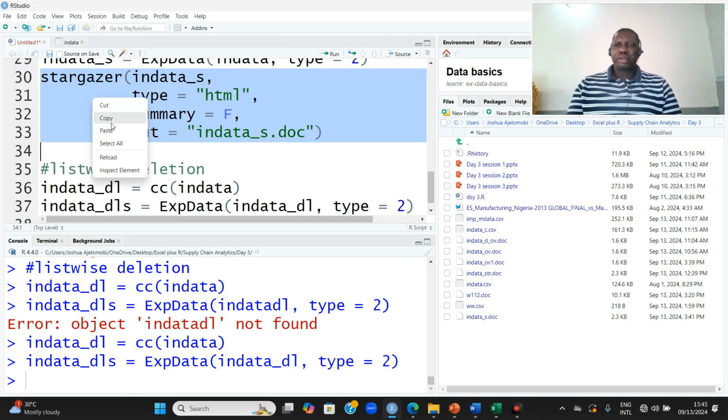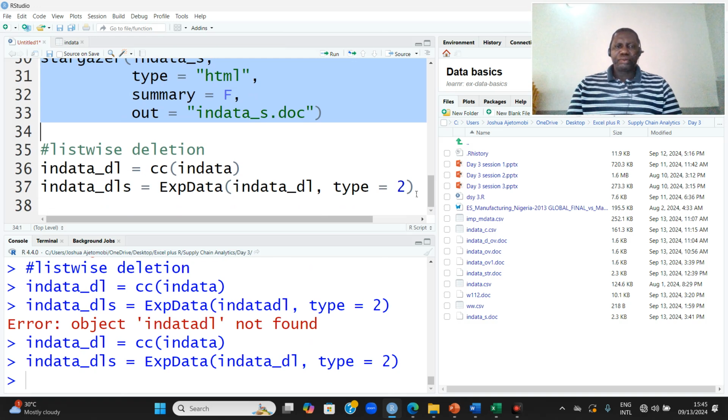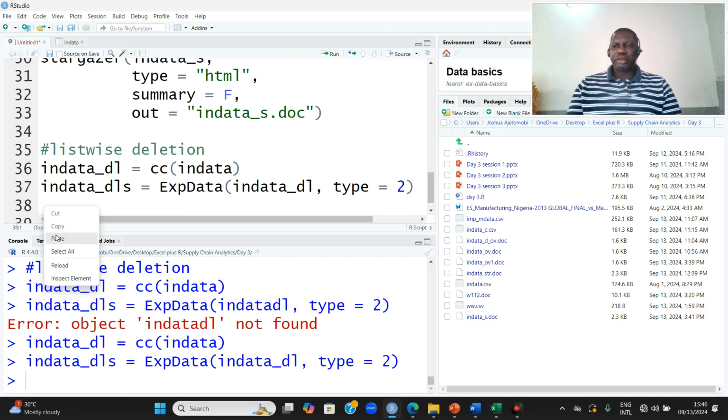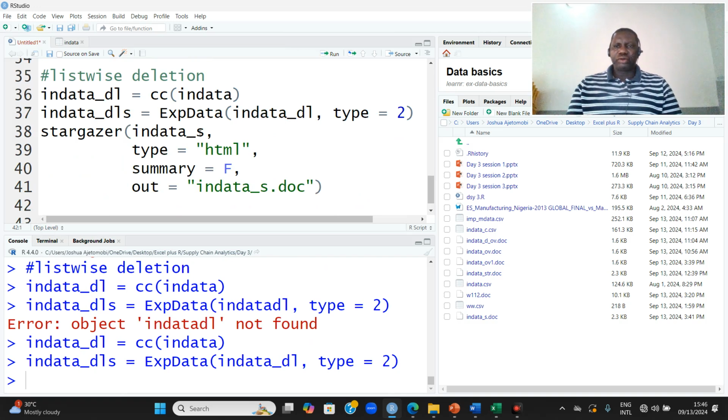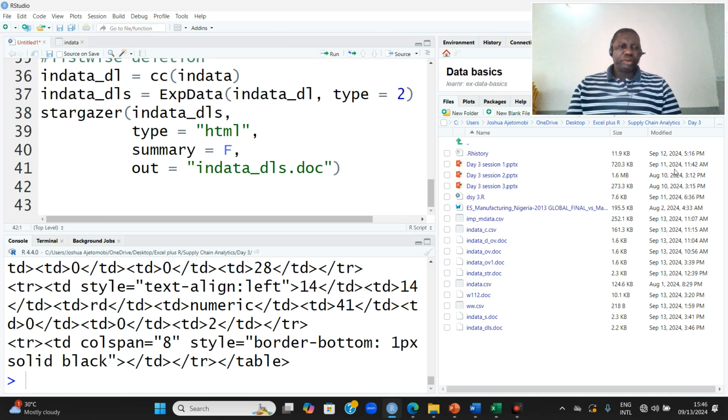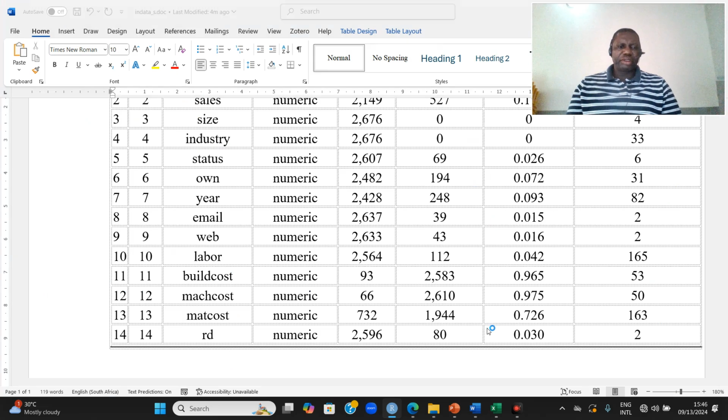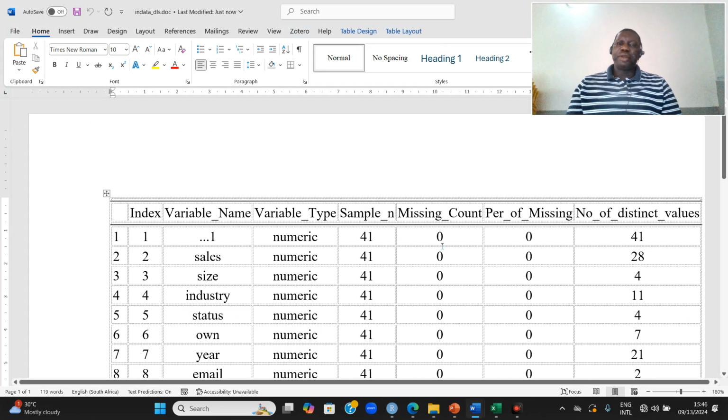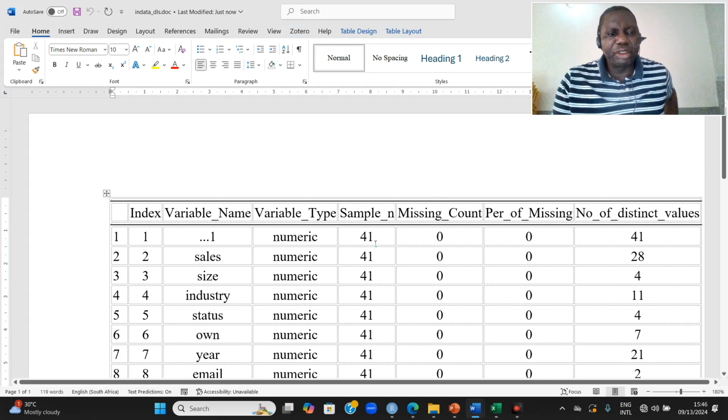And let us use stargazer to move the result and look at the reason why it may not be a good option. Copy. Paste. So this will be DLS and this will be DLS. Run. So this is it here. So let's look at the results. Yeah, you can now see, yes, we do not have missing observations, but if you look at the sample size,